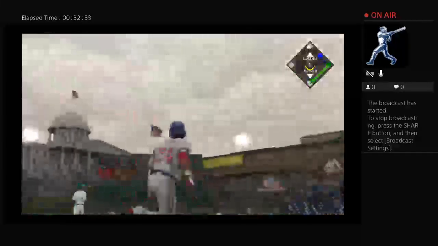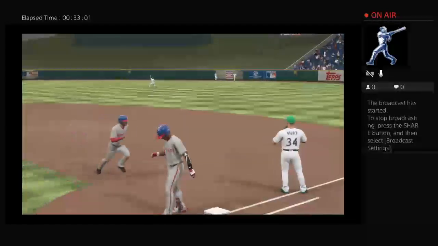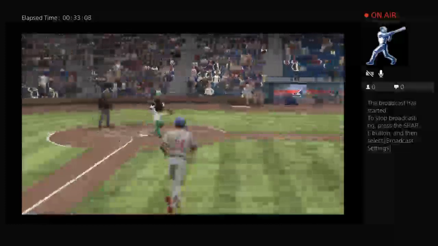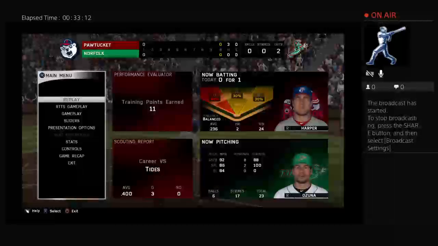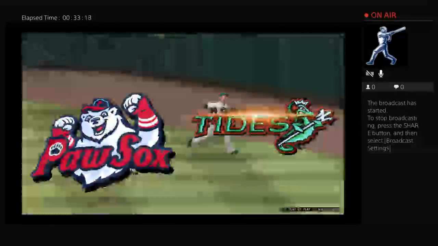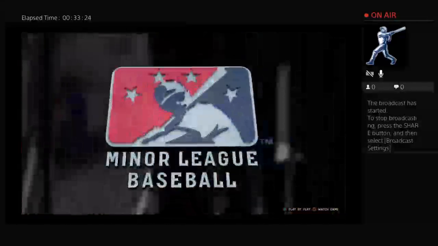Belted high and deep into right center. Drew going back, still going back. A leaping effort, and he brings it in. Great effort. So both runners are just able to move up a base, second and third now with 2 gone. Oh, this is just highway robbery out there in center field. He's got a long way to go just to get to this thing. But look at the concentration as he goes up and over the wall to take away the...